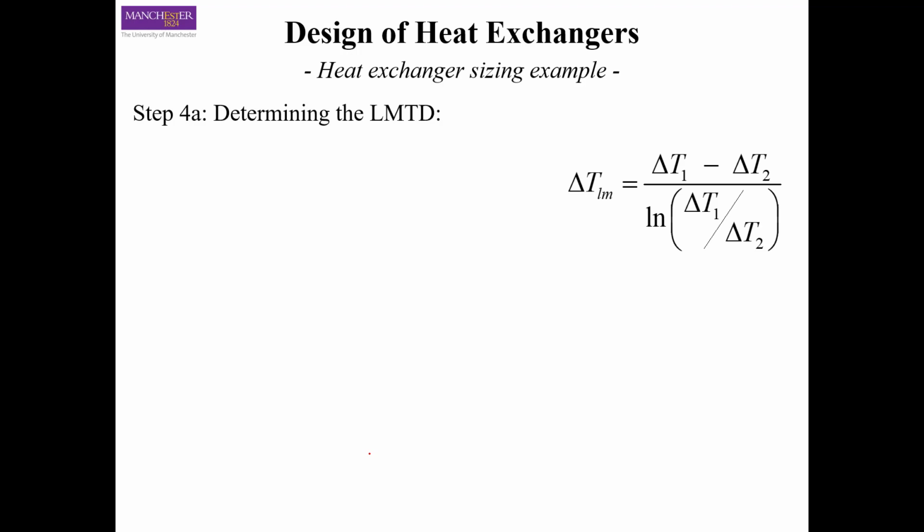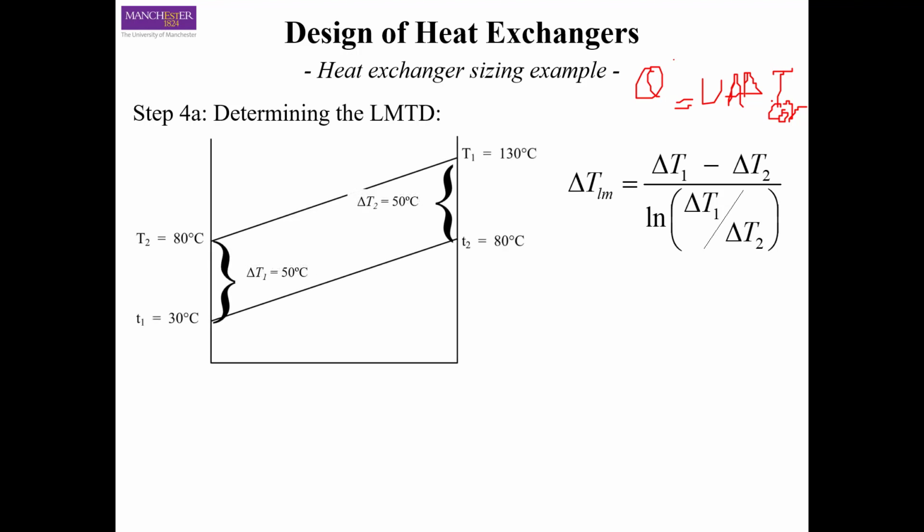Then step 4, we need to calculate the driving force for the system, because we have Q equal to UA delta T corrected. To calculate delta T corrected, we first need to calculate the LMTD. To do that, we use this information. We know the temperatures of the inlet and outlet of the cold fluid, and of the hot fluid, and we can calculate delta T1 and delta T2,